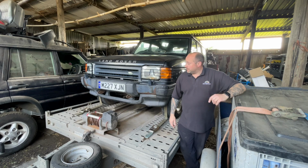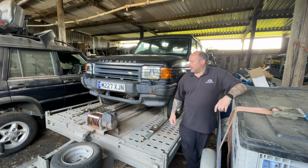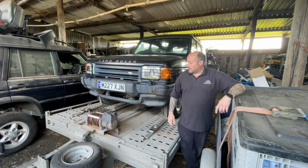They're still out there, still available. I'll buy any that I can find. So if you know of any Discos, fairly local, I don't want to travel to Scotland and back, let me know. But yeah, so that's this one for now. I'll let you know if it stays or goes, you'll soon see. So yeah,